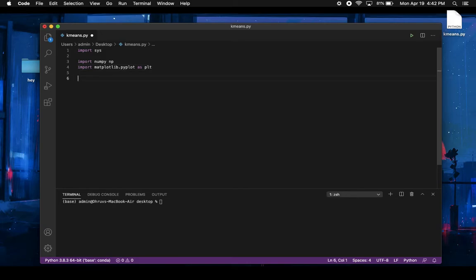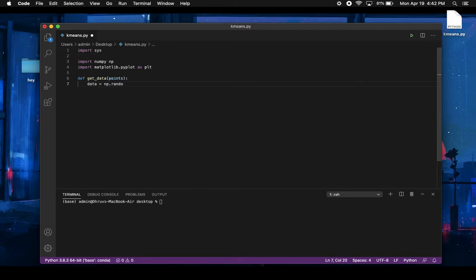So the first thing I'll do is let's just get some data points. You can get it from anywhere. I'm just going to generate it using RNG. So I'll just create a function here called get data, and it can be fed in how many points you want to generate. And we can just get it like this: data equals